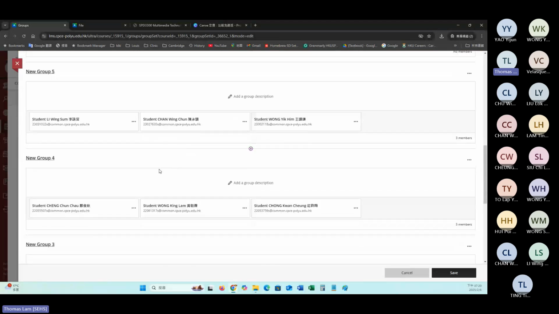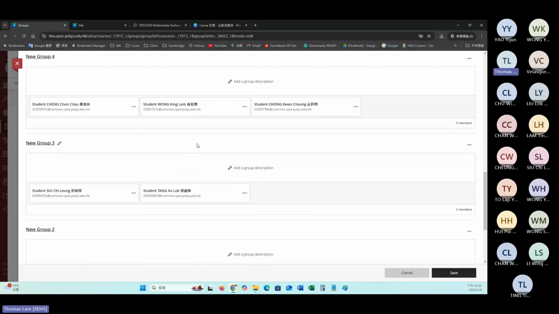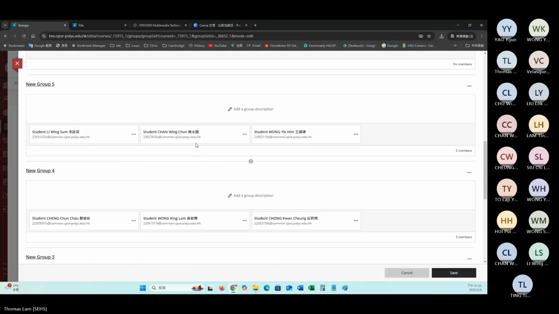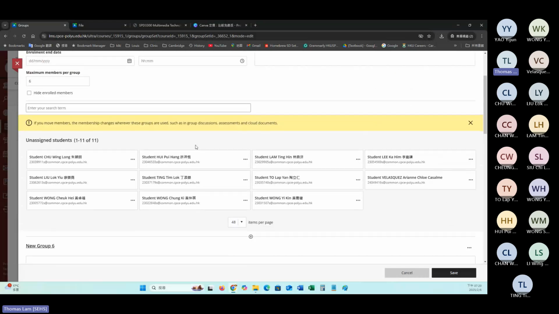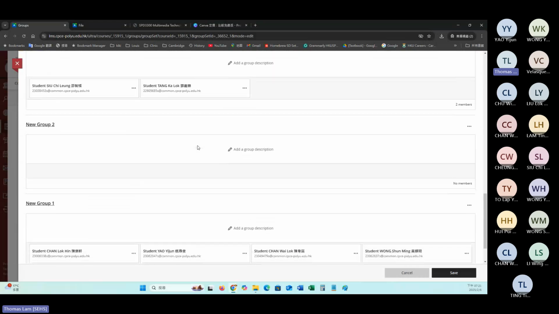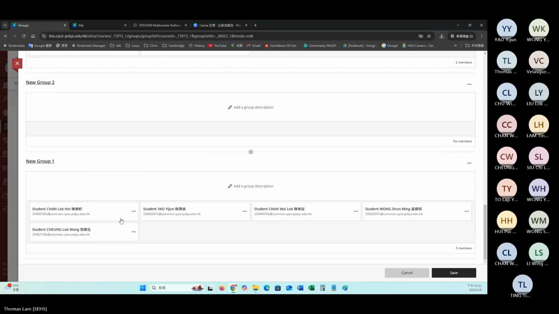If some of the students only have 3 members, I will group all of you together into one, so see if you can form the group. If you already have 5 members or even six members, I will not touch your group anymore.